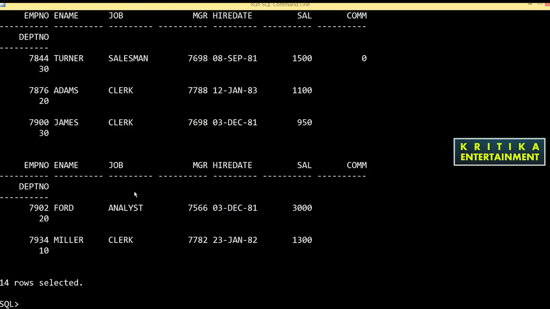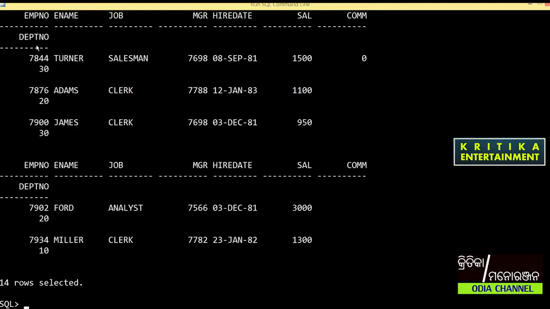Now I will tell you the difference between set line size and set page size. Here you can see it is difficult to read, because this line is not straight: after the column, the department number goes to a new line, or is broken down.